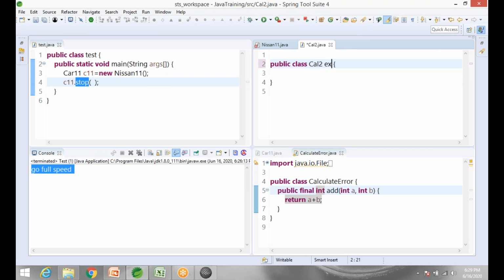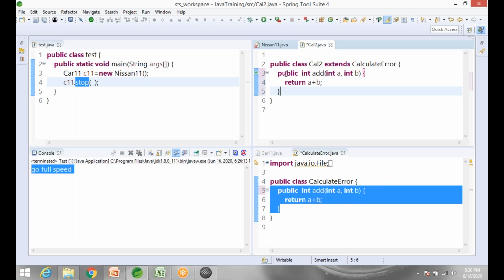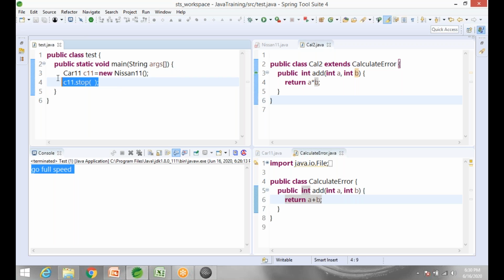Okay, if someone tries to mess with your system, they can do this. They can extend your class, and they will decide, I'm going to change the meaning of add. If someone asks me to add two numbers, what I'm going to do is give them this. Okay, so some unknown